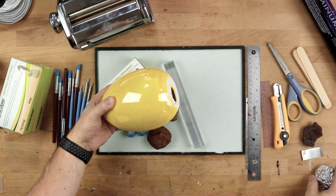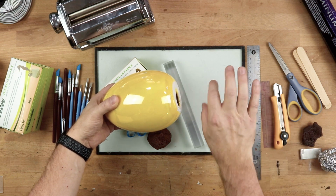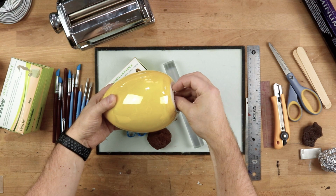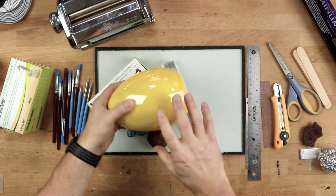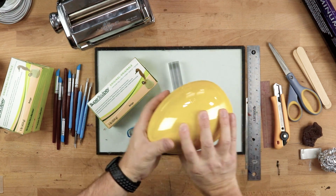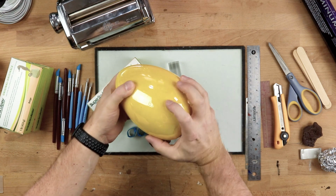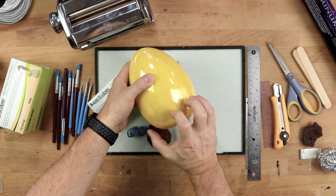So to do that, I'm going to take a piece of tinfoil and just make almost like a little mushroom shape, jam some of it in there to hold it in place, and then just really pack it around. And then I can also take it and really roll it into a nice shape and get that nice and dense. At that point, I'll cover this whole base with a thin slab of the Super Sculpey,